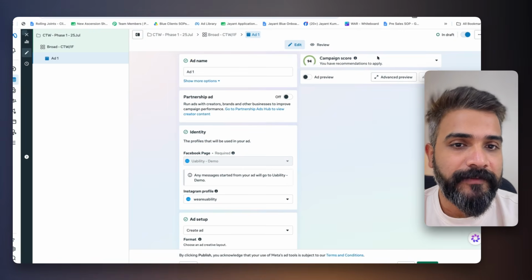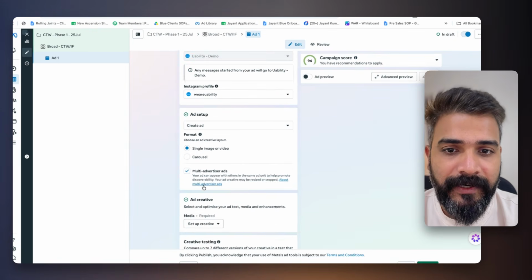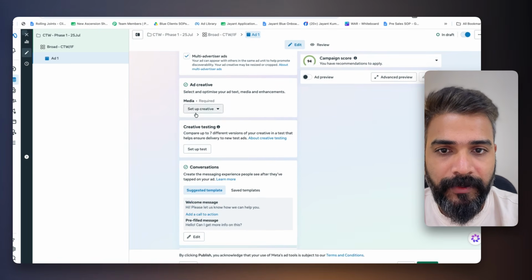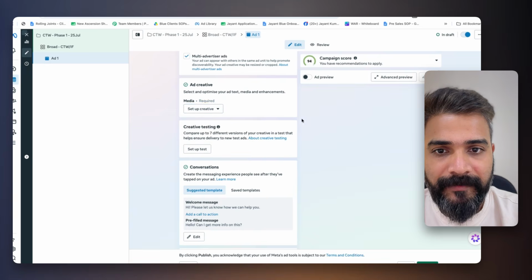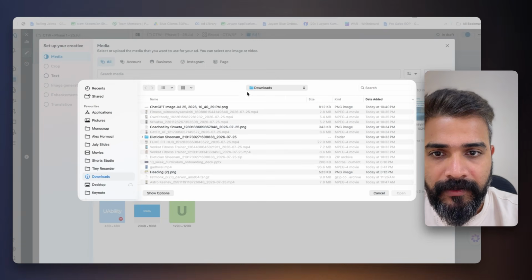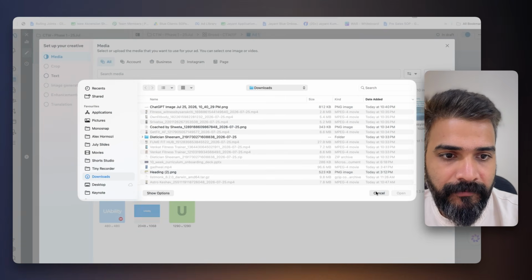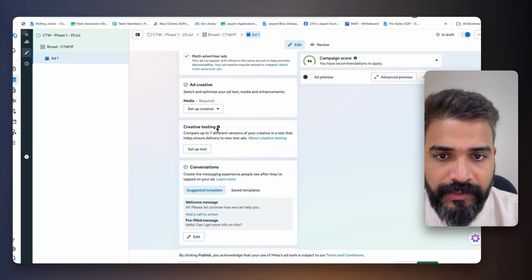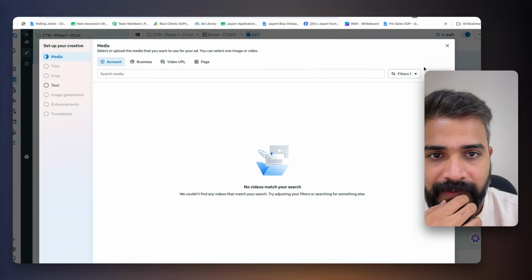Okay, so let's just head over here, and if I want to, let's say, upload media, I'll click on an image ad, and let's say we upload, wait, let's just do a video ad.